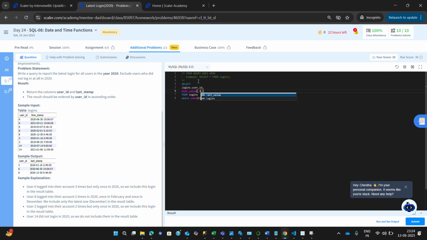of logins dot timestamp over partition by logins dot user ID, and then order by logins dot timestamp ASC, where we should have the last value as last underscore stamp,